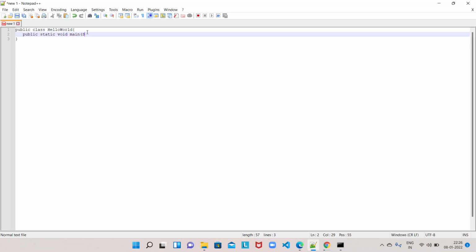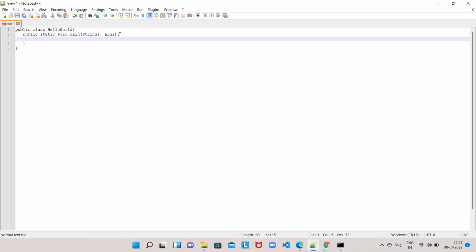Public static void main, String. This is a method, the main method, right? So this is the main method and its return type is void, and it is taking an argument, a String array, and its name is args. Okay, and this is the method closure.